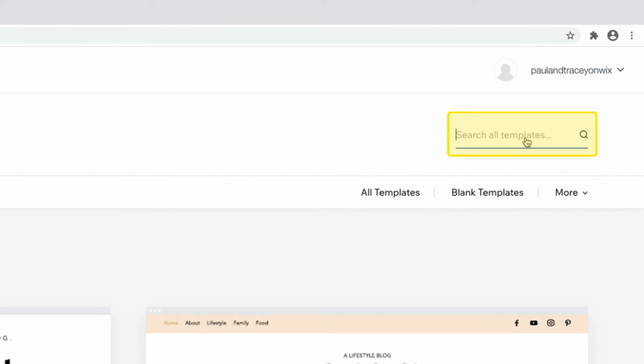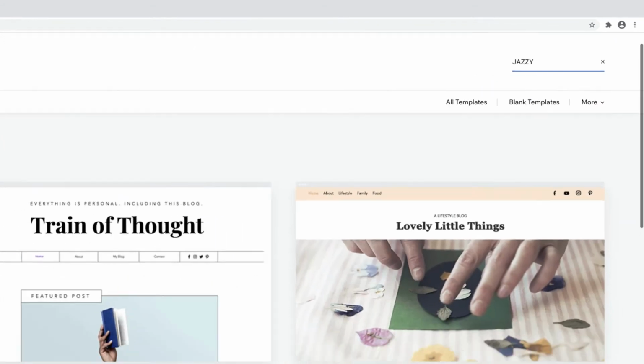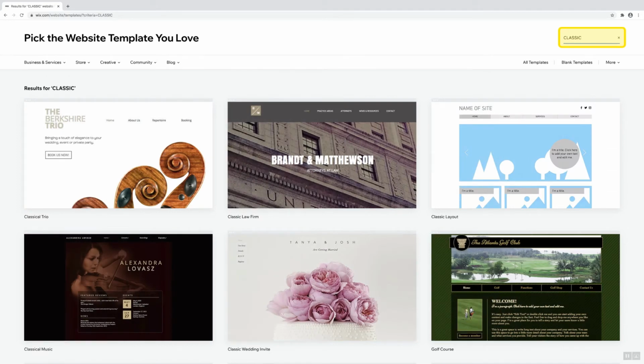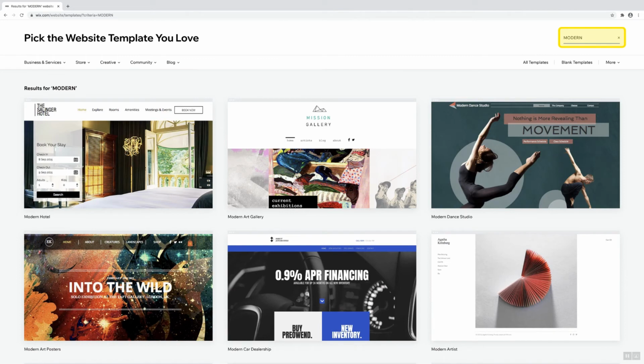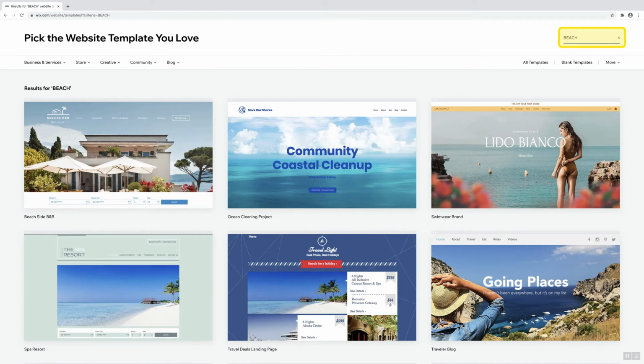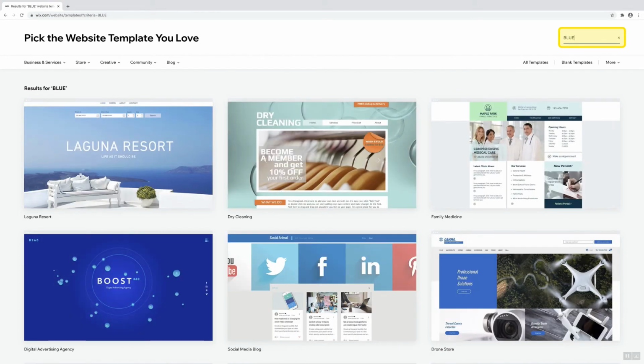Some keywords you could search to find your best template could be jazzy, classic, modern, or you can be very creative with something like beach, or a color like blue, or something as unusual as coffee.